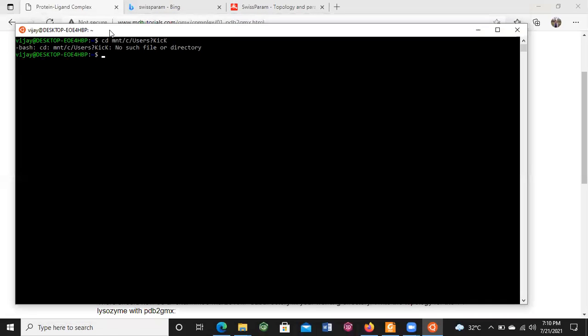Okay, that will be the backslash. Now press enter. This will be a small k.